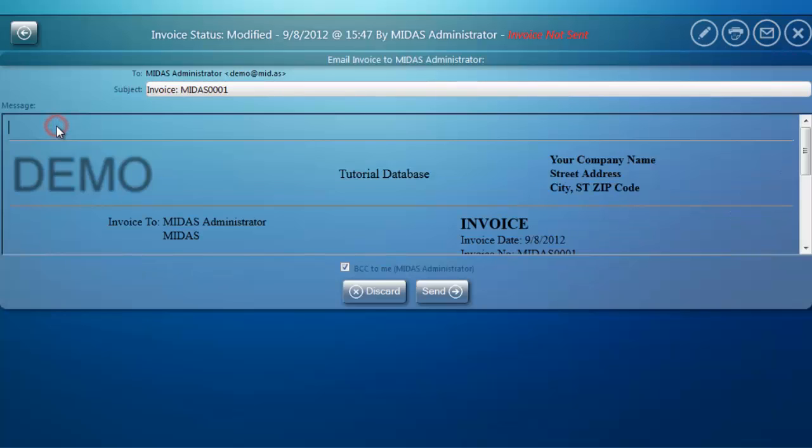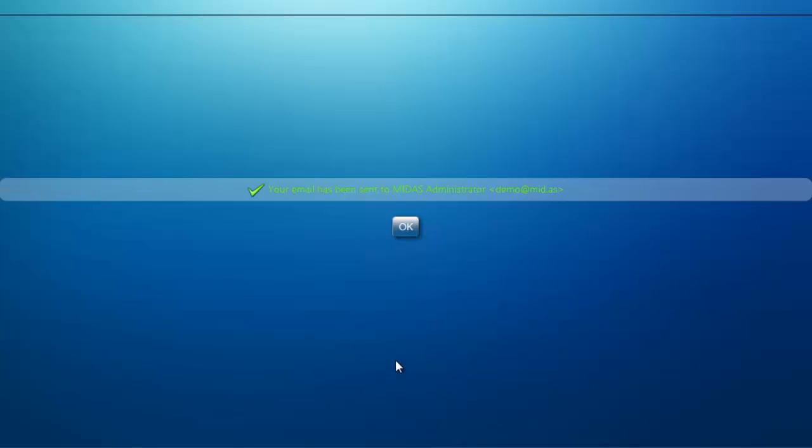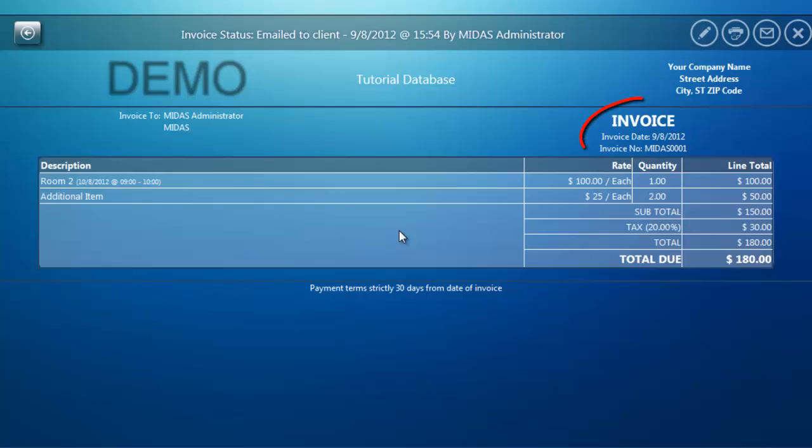Additionally, I can enter my own message here, which will be included along with the email. And then I click Send, and we get confirmation that our invoice has been sent. And you'll see the invoice date has updated accordingly. So whilst we can no longer change the details of this invoice because it's now been sent to the client,